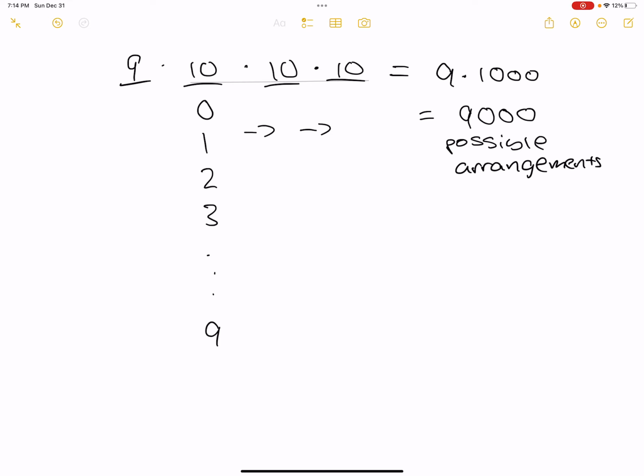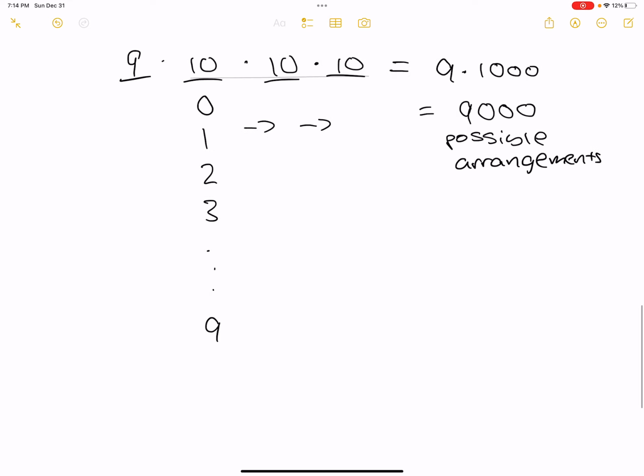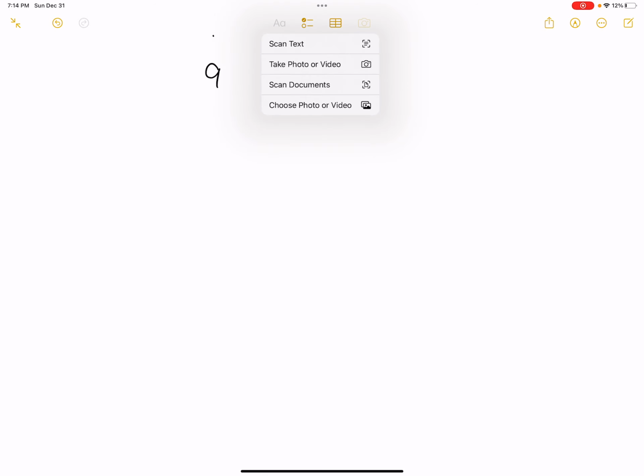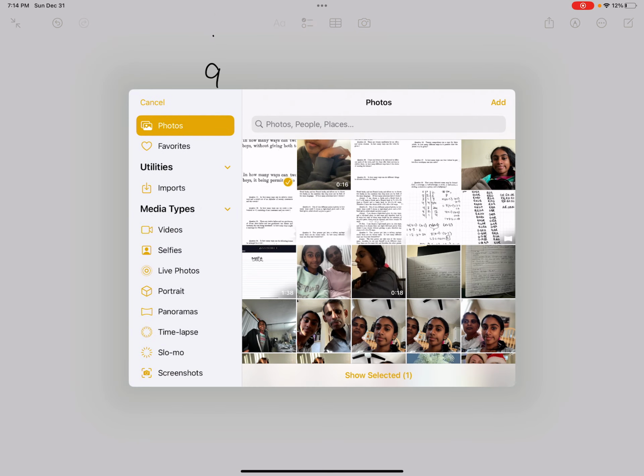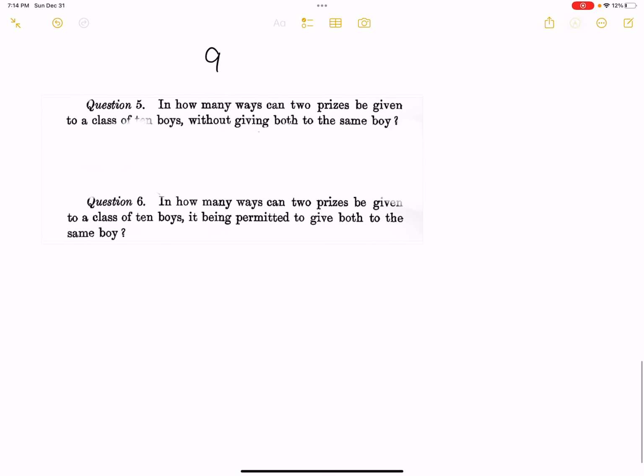Now that we've learned how to do this, let's try to find the total number of ways, but with conditions. So if we were to do that, let's see this question right here. In how many ways can 2 prizes be given to a class of 10 boys without giving both to the same boy? So the first thing that we're going to do when we see this problem is we know that